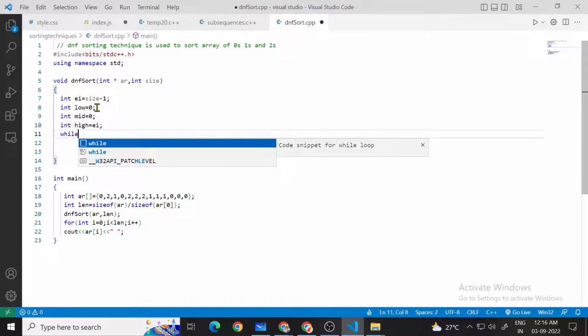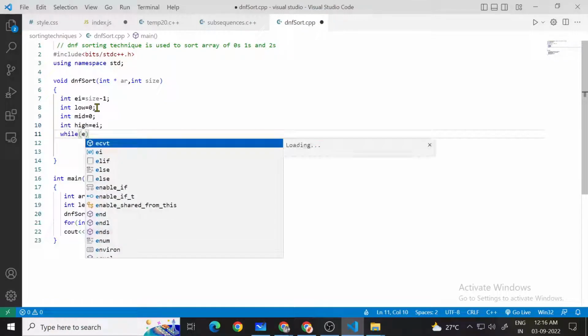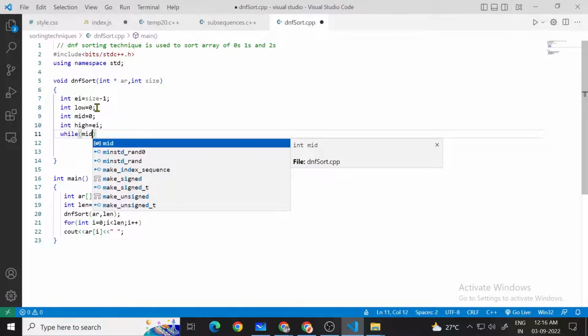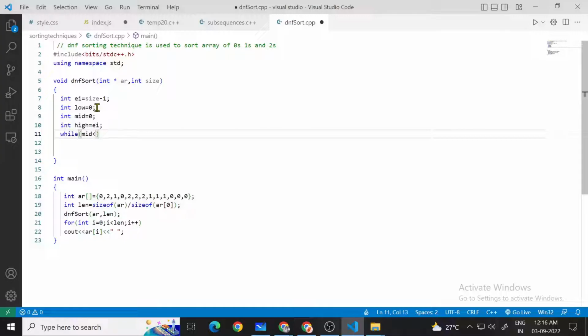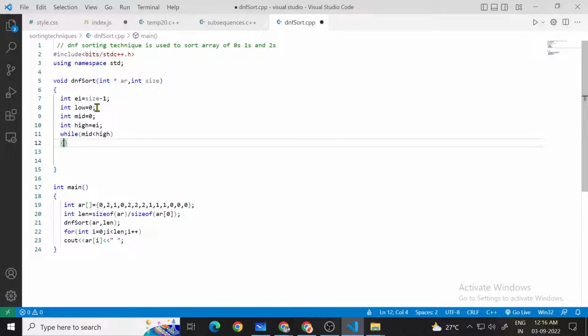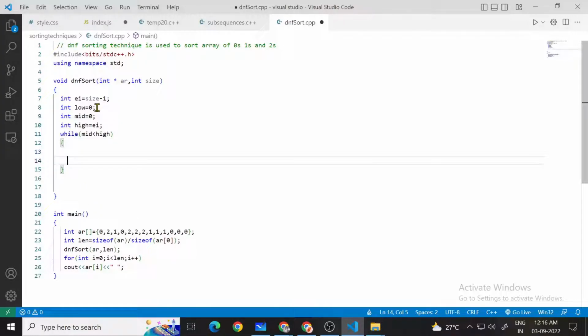Now putting here a while loop while mid remains less than high, as when it becomes equal we will stop. We are going to traverse: if array of mid is 0,